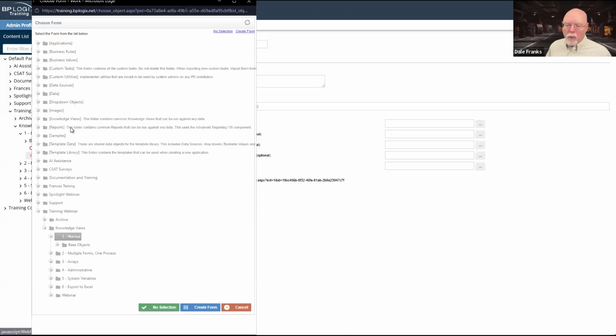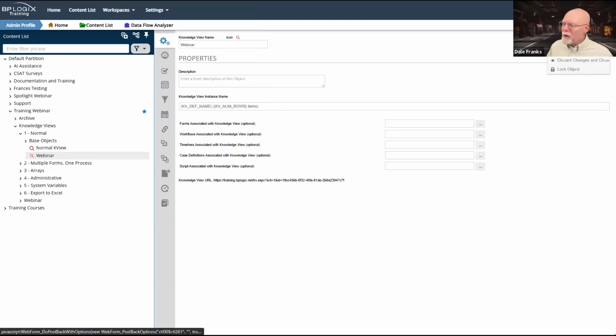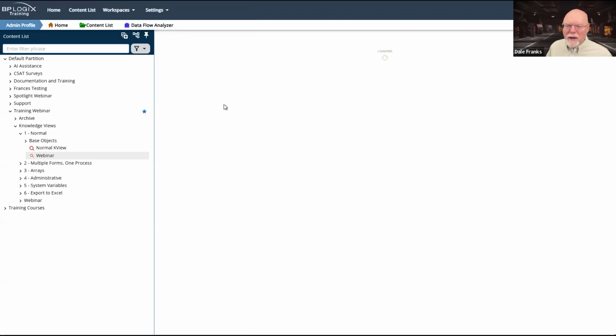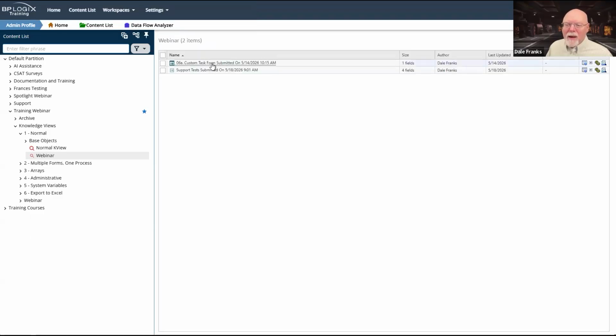So what I would do here is I would look for this form. What is this form that is being returned? Custom task form submitted on 5/14. So that's the custom task form.